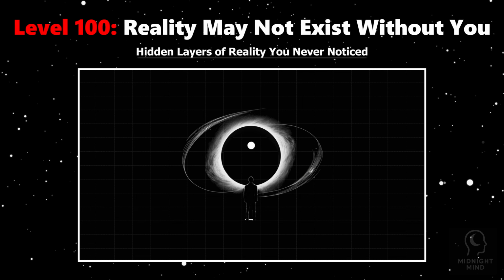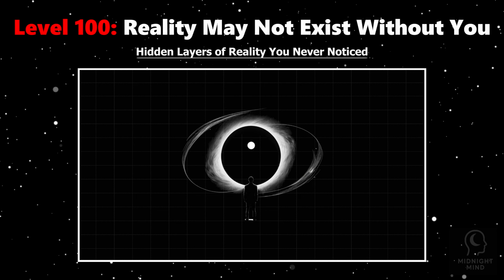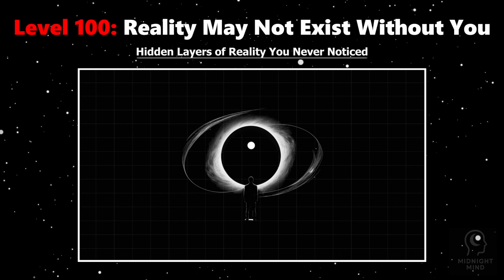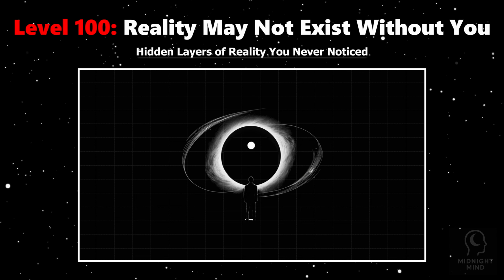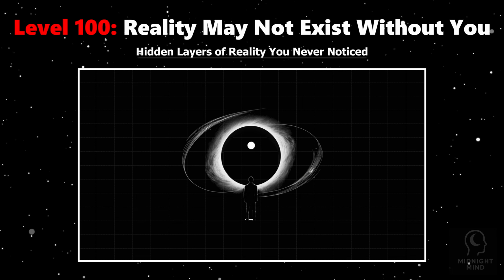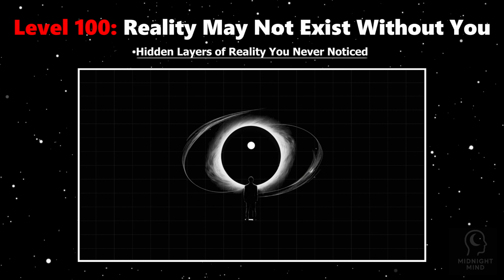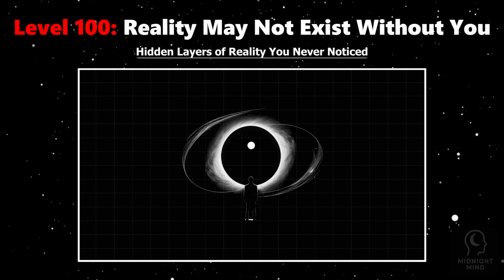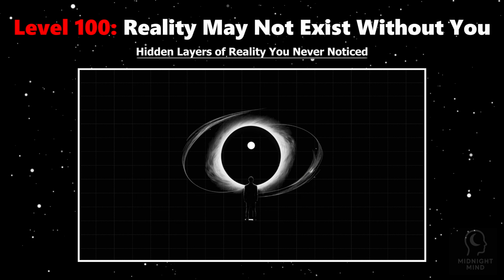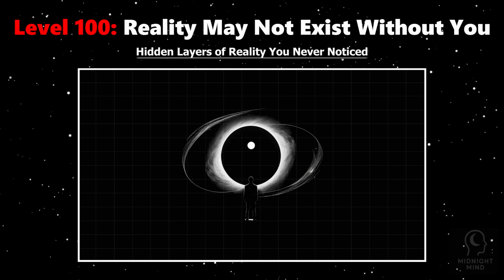Neuroscience reveals that our brain constructs reality from sensory input, assembling an internal model from fragmented data. Without this process, the external world is meaningless noise. You are not merely a resident of the universe, you may be the essential awareness that gives it form and coherence. This challenges the idea of an objective, independent reality. It suggests a profound unity between observer and observed, subject and object.